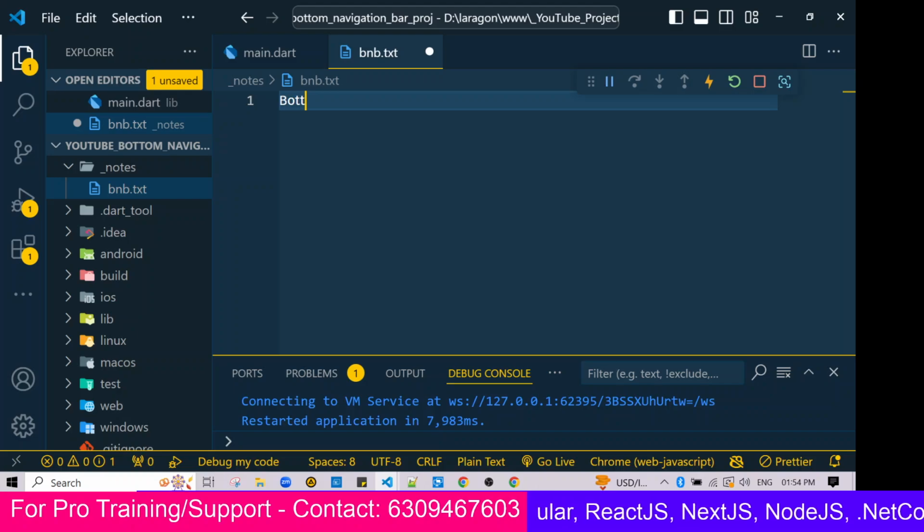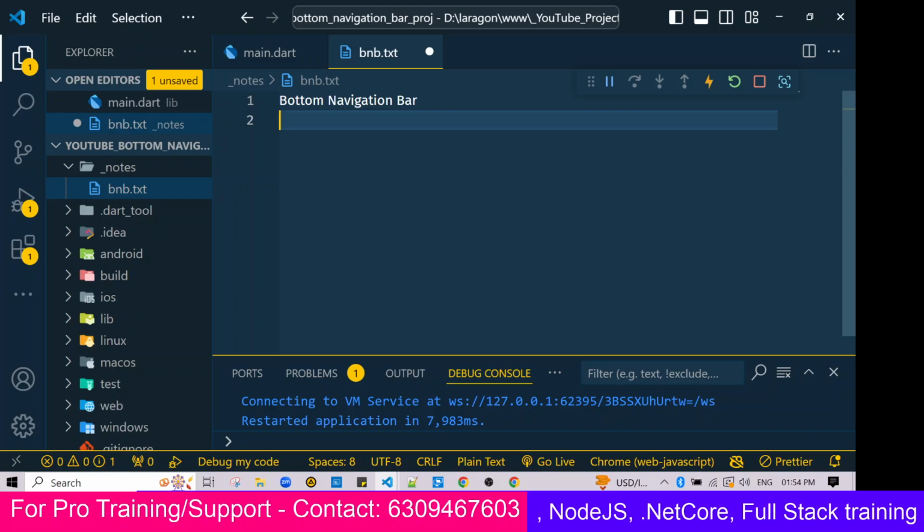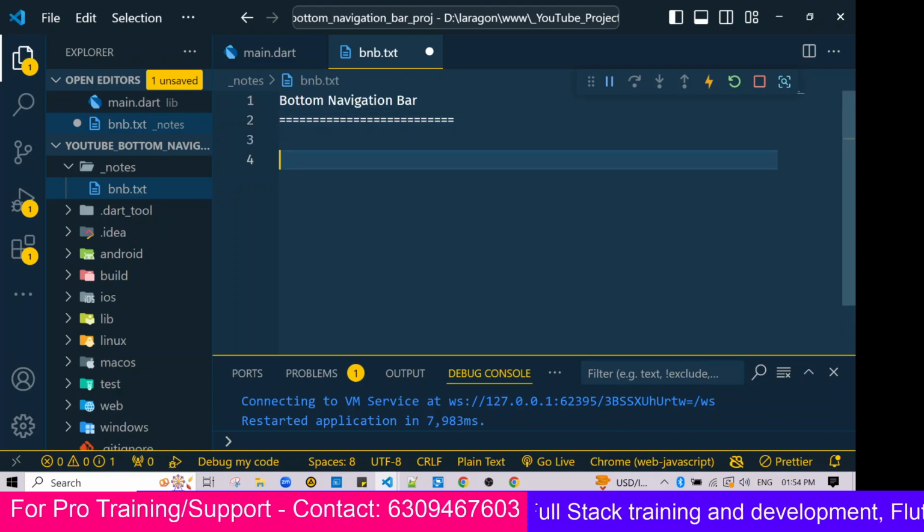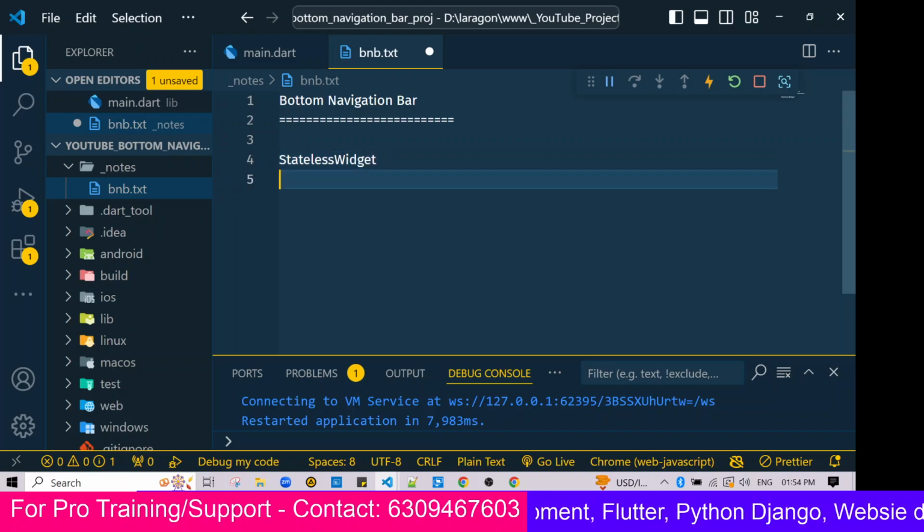This I already told you, right, bottom navigation bar. Okay, right. So first, before adding the bottom navigation bar, I'm creating one initially stateless widget. Okay, which I'm giving a name, like home widget, home